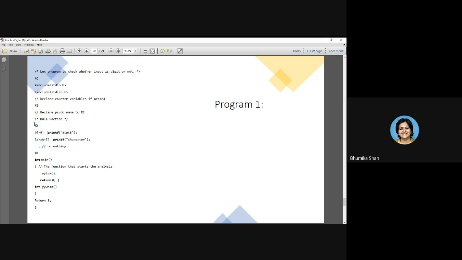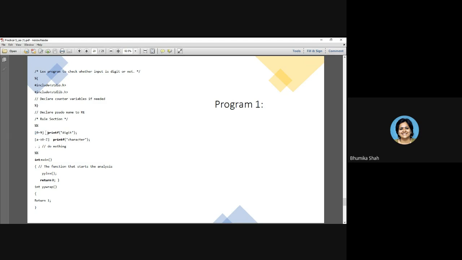Okay, so what you are going to do here, your program checks whether the input is a digit or a character. So if it is a digit, how should the RE for digit be written? Digit, I didn't say multi-digit number, single digit. So 0 to 9 in square brackets. If it is satisfied, what should your program do? Just print it on the screen. It is a digit, so I will just have printf digit. That's it. So observe, your RE must start from the first column itself, otherwise you will get an error. It is compulsory. Everything must start from the first column. You cannot have a space before that.